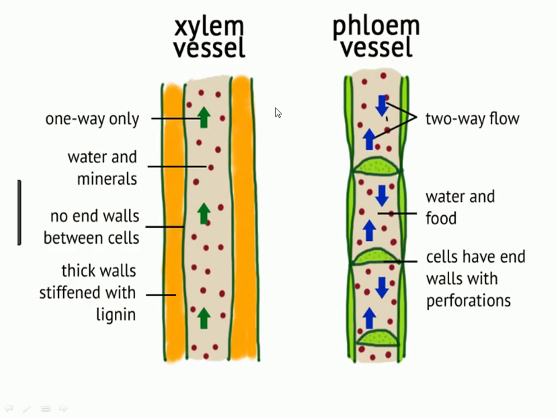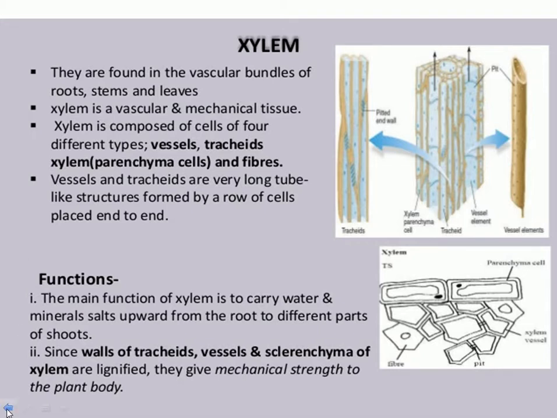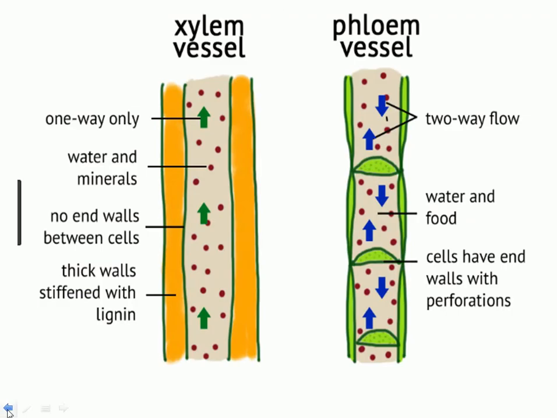Now in the plant body there are two types of complex permanent tissue. The first one is the xylem, the second is the phloem. Before explaining their components, I discuss here the function of xylem and phloem inside the plant. Xylem plays an important role inside the plant for the conduction of water. They take the water from the root system and conduct it to all parts of the plant body, while phloem transports the food to all parts of the plant body. So both xylem and phloem play an important role inside the plant.